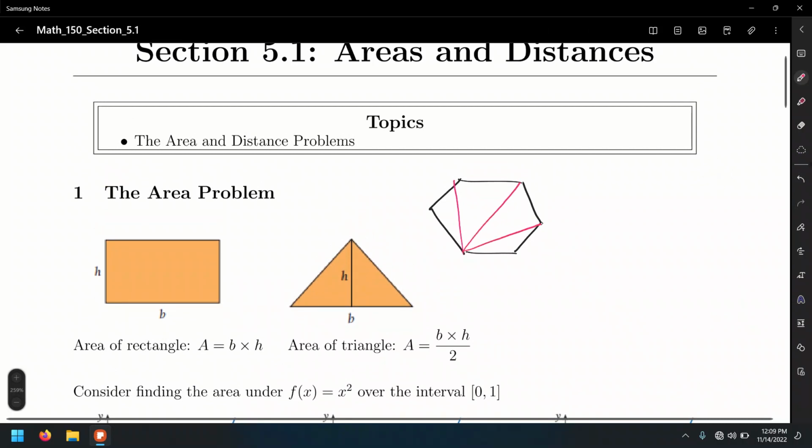We are partitioning this into area 1 plus area 2, area 3, area 4. So finding the areas of 4 triangles and adding them up gives the area of the hexagon. All right, and we can repeat this process to find the area maybe of a heptagon, a